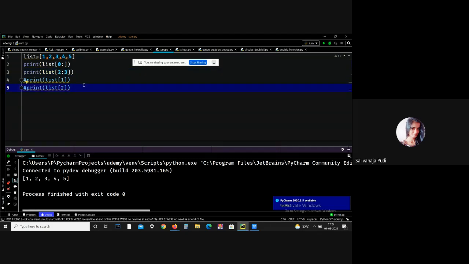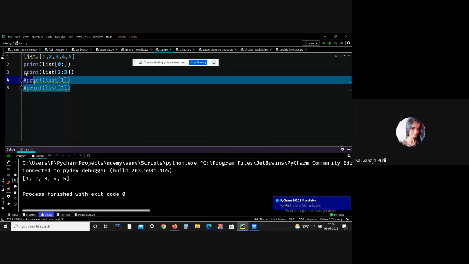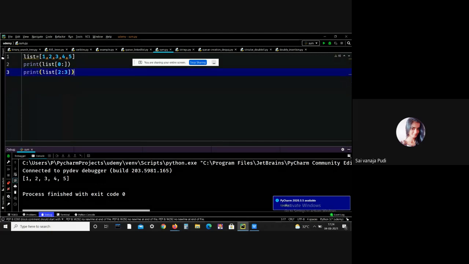Tell me, guys, what is the output here for this part? Come on, guys. What is the output? 3 4? 3? No, 3 only. Only 3. Yes, I already told that.